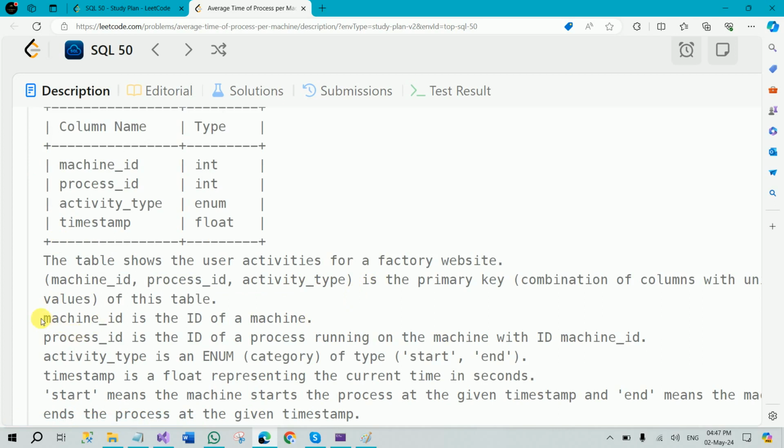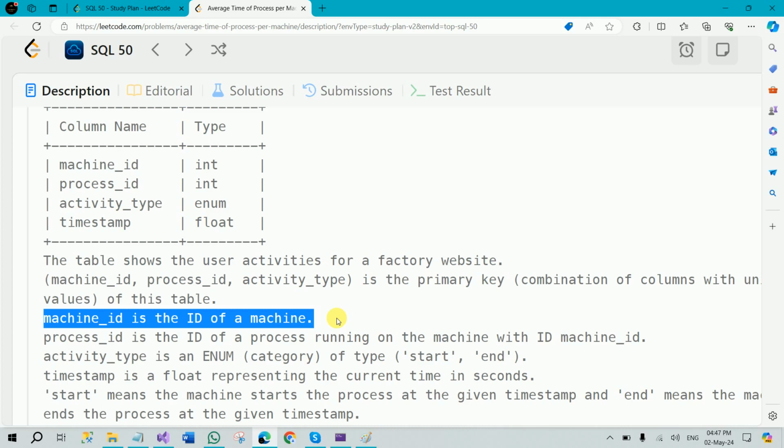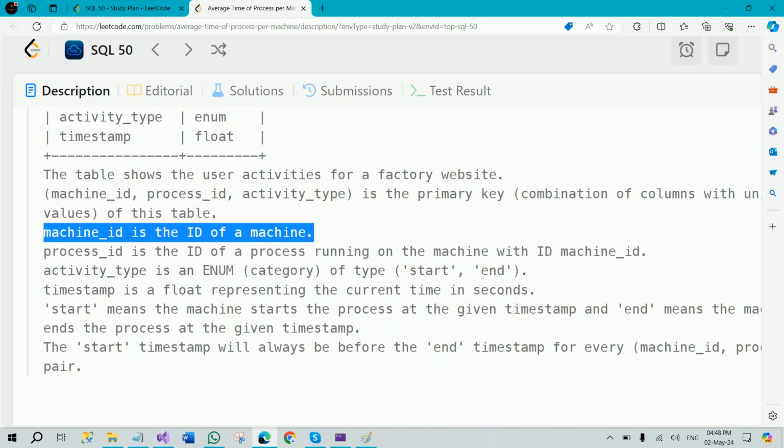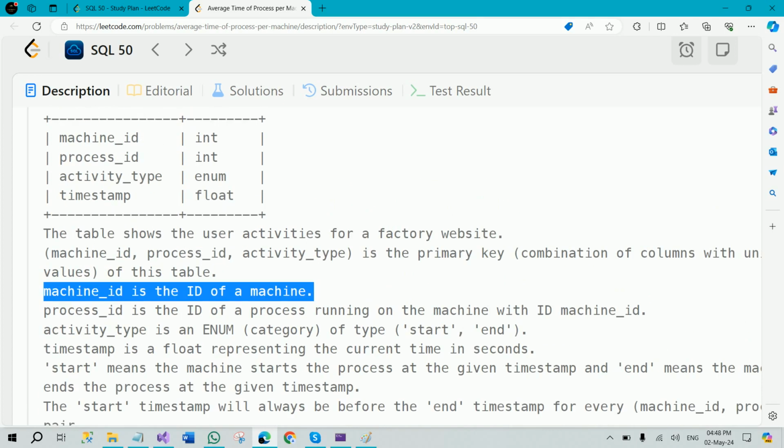Okay. So machine ID specifies the ID of any machine running in the factory. Process ID is the process being used by a specific machine, and activity type is when the process starts. The activity type should have the value start, and when the process ends, it should have the value end. Activity type is an enum. Timestamp is a float type column which holds the record of when the process started and when it ends